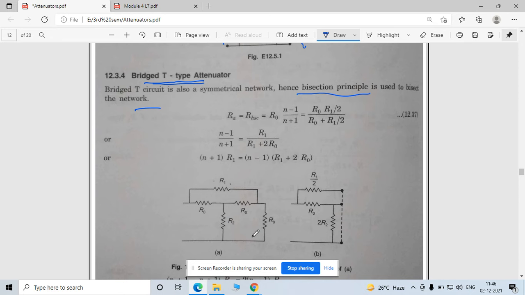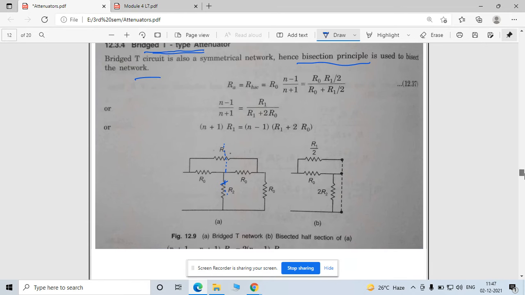See, this is your original circuit. When you divide into two sections, you can simply divide this section from this. So R naught is already divided into two parts, but this R1 is divided by two because half of R1 is from this circuit and half is for the other. The same way, this R2 is connected in parallel, so net R2 is divided into two forms. So this R2 is getting doubled.